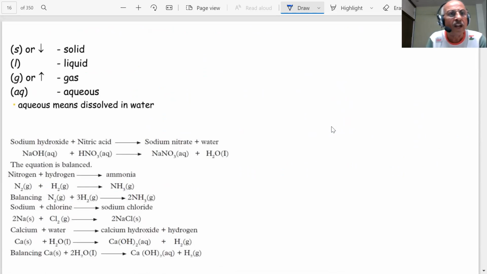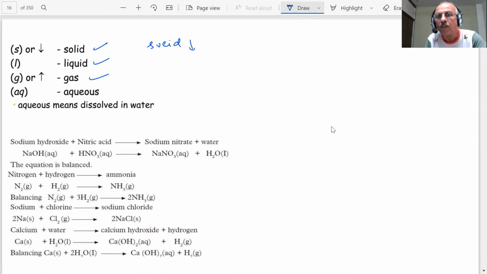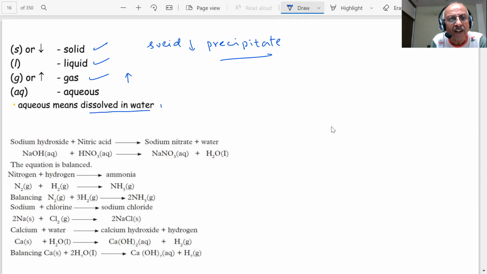More examples, students. See, S stands for solid, L for liquid, G for gas. Sometimes these arrows are used. When a solid is formed, student, it settles down in a test tube, for example. Sometimes we say that a precipitate has been formed. So the formation of a precipitate is shown by this, that it is a solid. It will settle down in a solution. Gas: the gas is coming out, student, and as you can see, gas is formed. The bubbles of gas are coming out, therefore they are shown like this arrow. Aqueous means dissolved in water, very important.